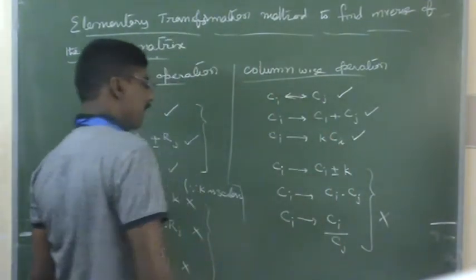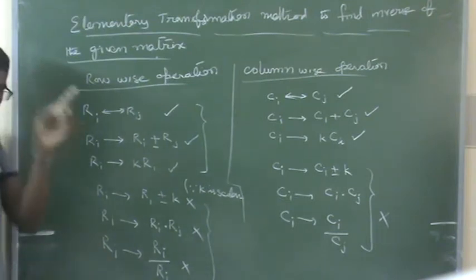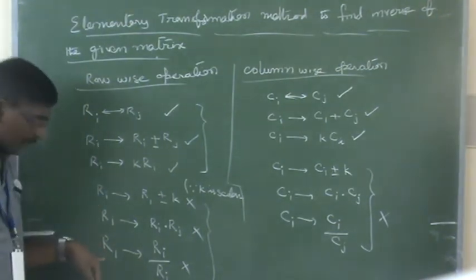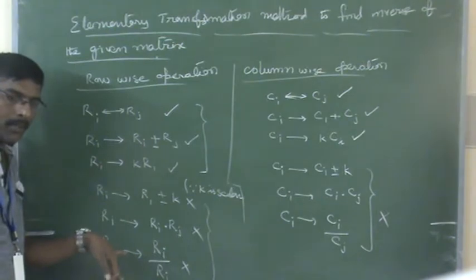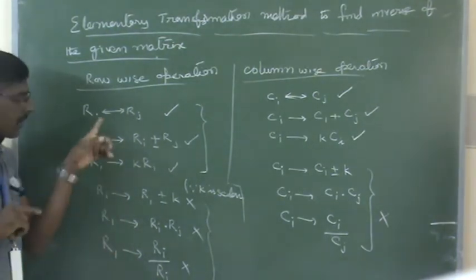These three exist in the case of column wise operation. Very, very important for you. I think this is the last one. Maybe it should not be visible, but you need to take care. I will explain one more time. What are the three that exist?